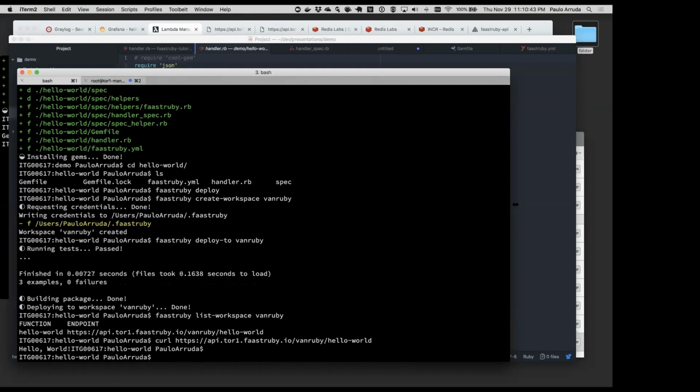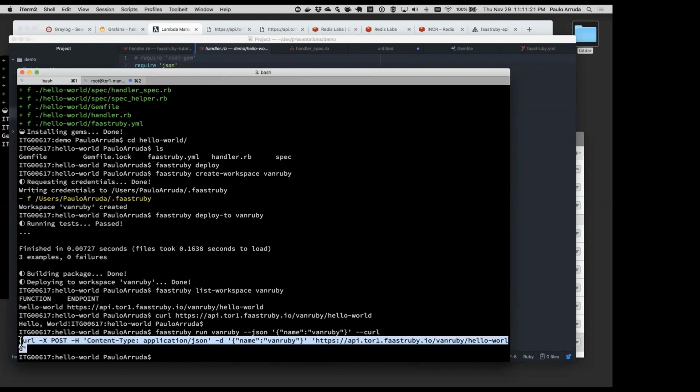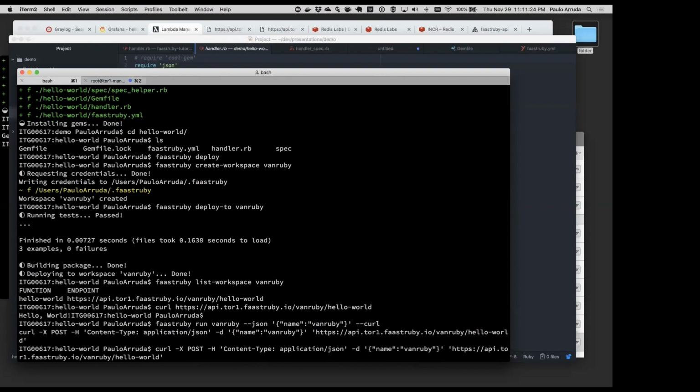So now let's try something different here. Let's try to pass some parameters. So do a curl, post. Actually, no, there's something cooler here. FaaStRuby run the workspace of VanRuby, and I'm gonna say a JSON parameter, a name. I'm gonna say VanRuby. Oh, and I'm gonna close this. And I'm gonna say curl, and it should give me the command. Perfect, the curl command that I need to run this. And when I run it,